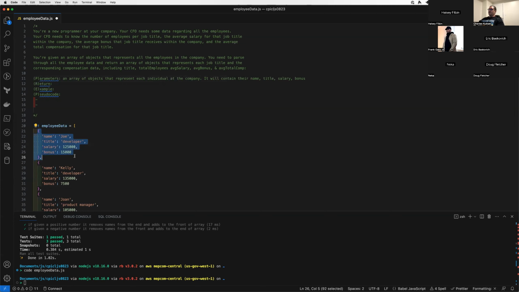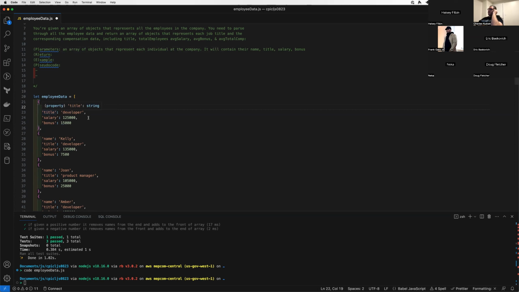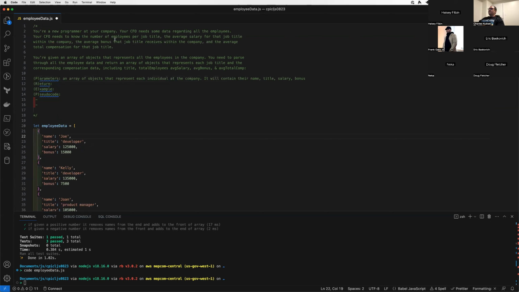Each element in the array is an object, and each object basically represents an employee, what their job title is, what their base salary is, and what their bonus is. Okay. Now the CFO needs the number of employees per job title, the average salary for that job title within the company, the average bonus for that job title, and then the average total compensation, which is bonus